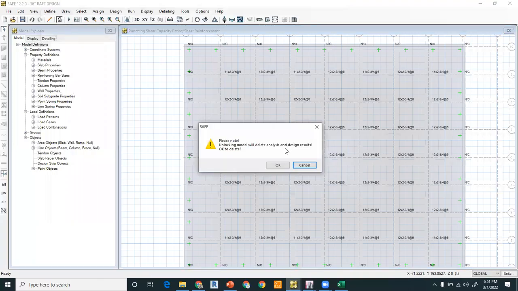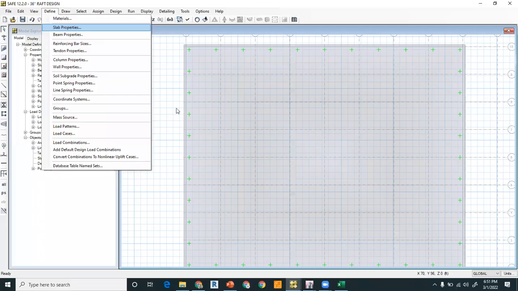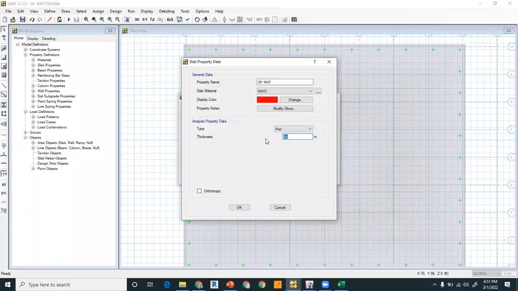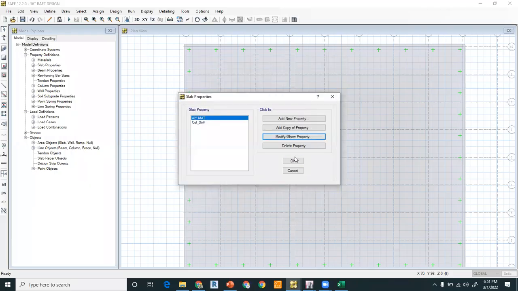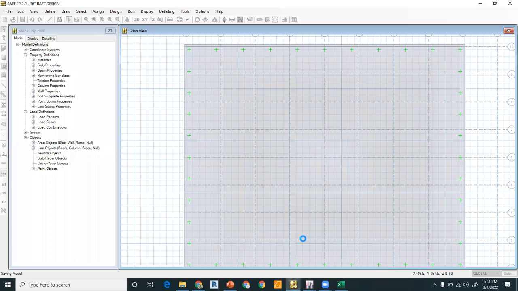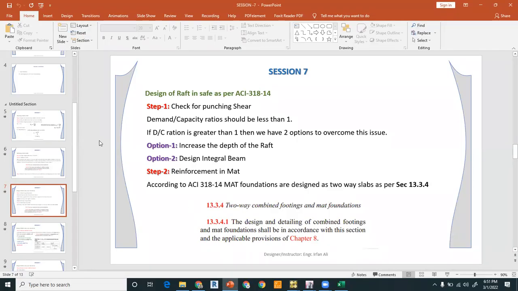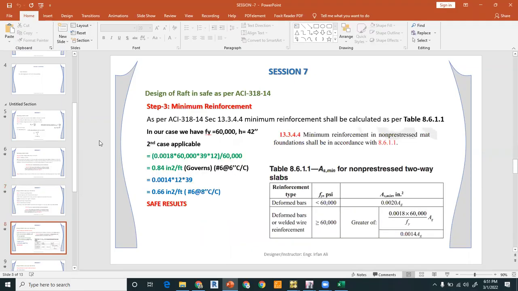So let us again change this thickness to 42, because we were designing with the increase of the thickness for the raft. Again, you have to run the analysis, and you will move towards the design of the raft, right? So for the design of the mat foundation, again, you have to design it as a two-way slab as per ACI 318-14, right? So before designing it in SAFE, again, you have to check the minimum reinforcement